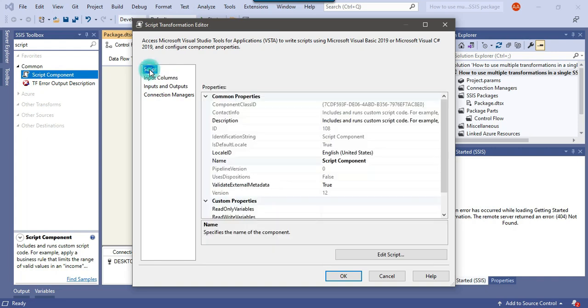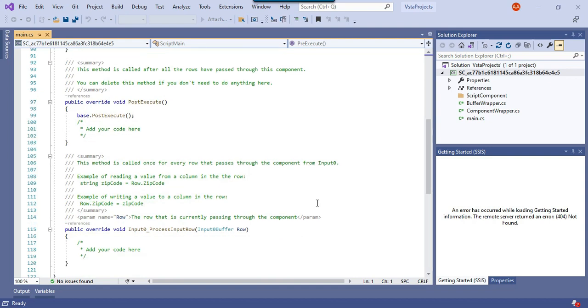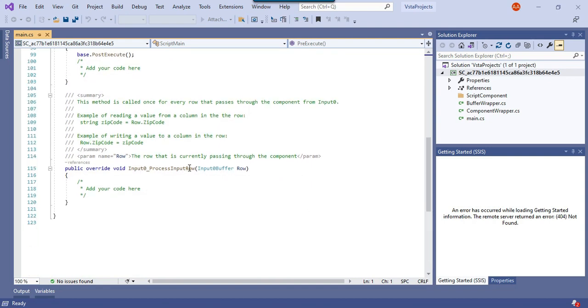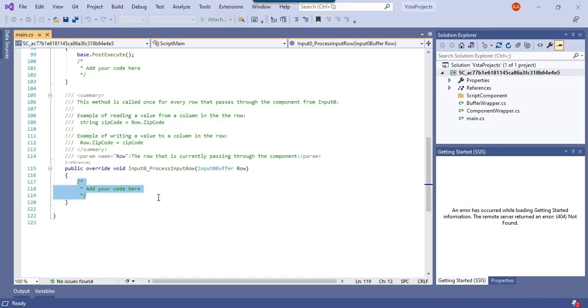Now go back to the script and click on edit script. This will open the script editor where we can write our C# code. This is the script component editor, and we will be writing our code under process input row. The first condition is if gender is M and marital status is S, then master. How do we write it?